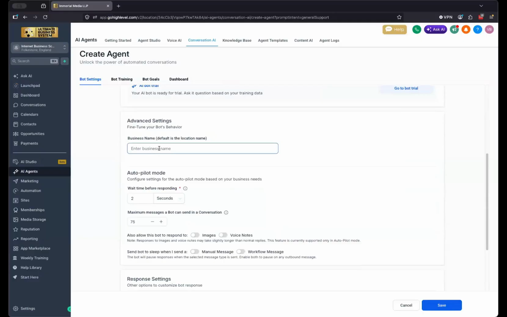The advanced settings to fine-tune our bot's behavior are putting in the business name, which is our default location name, which is the Internet Business School, and the wait time before responding, 2 seconds. It gives the user a chance to type out or carry on typing after they've asked a question. And it also shows that the bot is thinking about responses. We can limit the maximum messages a bot can send, so conversations are kept succinct. And we can also allow the bot to respond to images, voice notes,